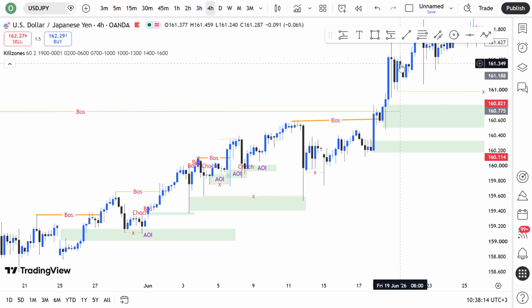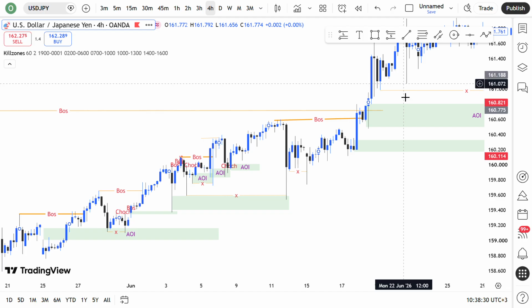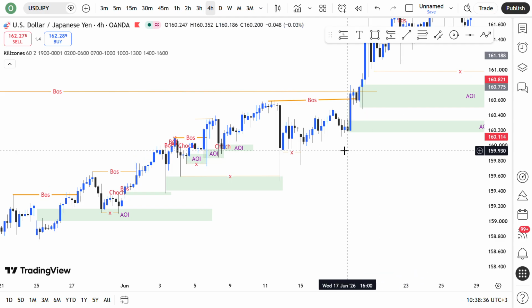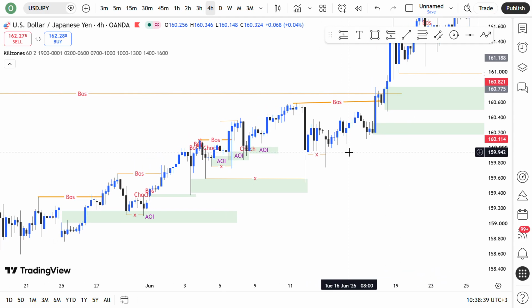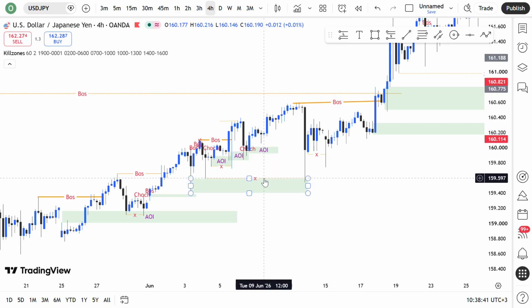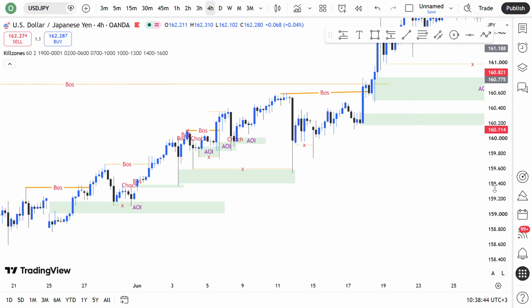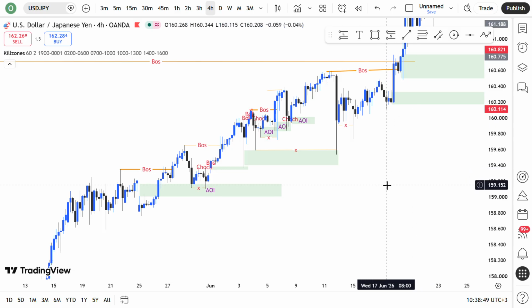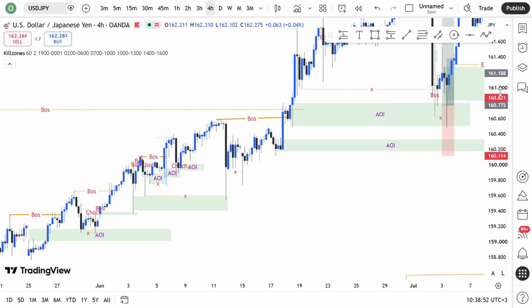So on this entry model, we are going to use a model that is very aggressive, maybe from an order block. We are going to wait first for price to mitigate a key zone from a higher time frame, drop down into a lower time frame, and wait for a sweep of liquidity, maybe equal lows, equal highs, strong highs, strong lows, which is going to be swept out before we trigger out